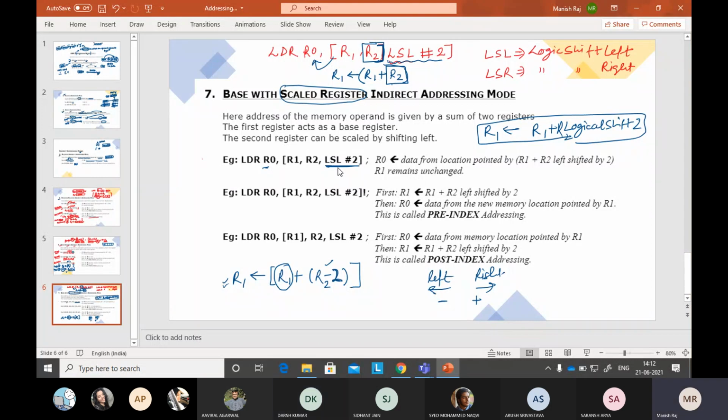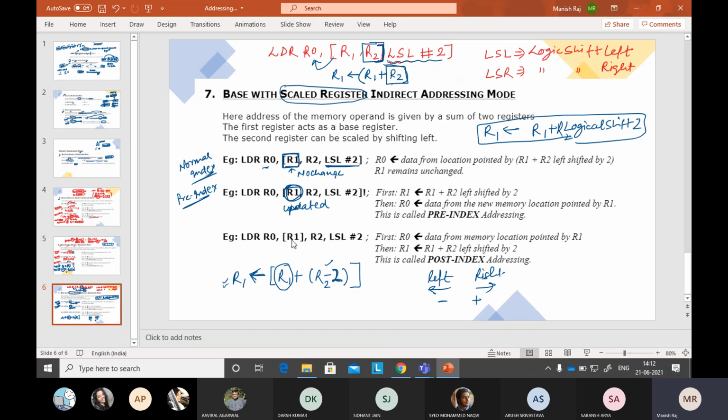Okay, again in this the R1 register will not change its value. That's why this is the normal. These things are the same for all types. In normal indexing, R1 does not change. In pre-indexing, what is happening? The same thing will happen, but first R1 will be updated with the value of R1 plus R2 minus 2. So this will be updated. In this R1 will have no change, and this will be updated.